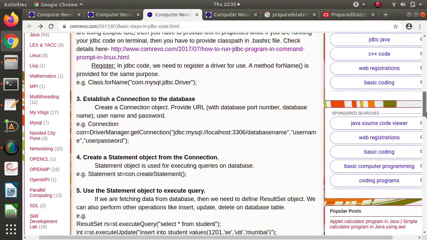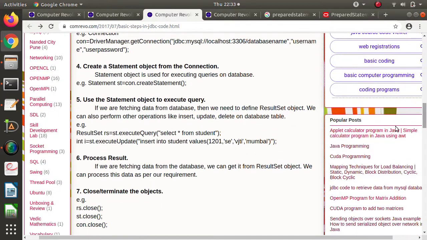When we saw the 7 steps to write any JDBC code, we have to declare a statement object, and any SQL query is fired using the statement object. For example, for selecting data from the database, we use the statement object and call the execute query method. Or if you want to insert any row into the database, again we write the SQL query, use the statement object, and call the execute update method. So basically, the statement object is used to fire or execute any SQL query.